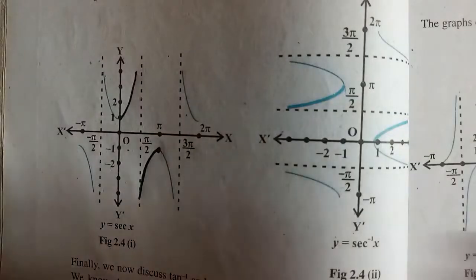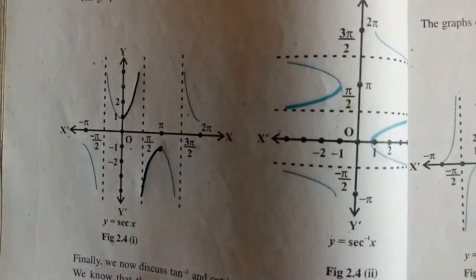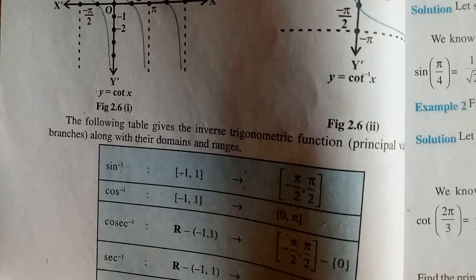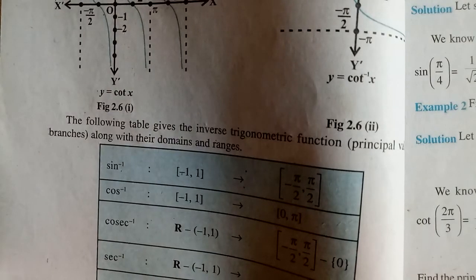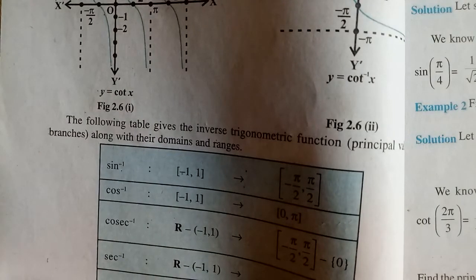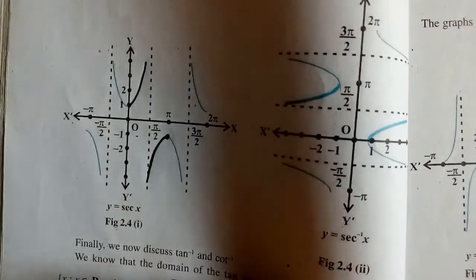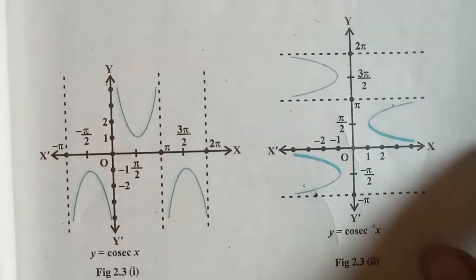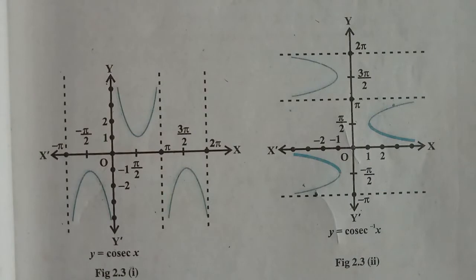Okay, now let us go for cosec. Cosec we have not done, no, children? We have done sec and cos. Let us do cosec now. Where is the graph of cosec? It's not a complicated topic, it is very easy. Once you understand, you can learn it by heart as a table.